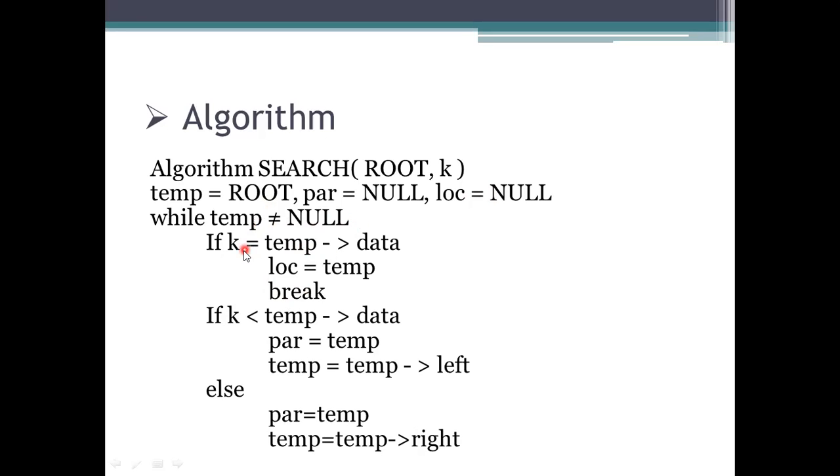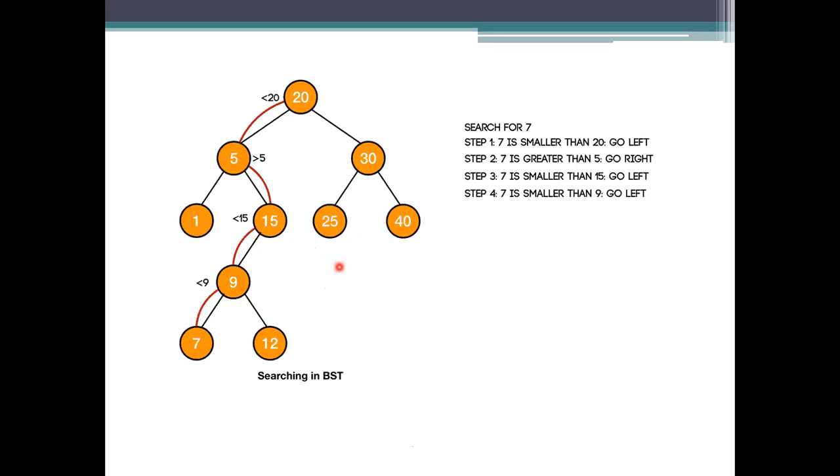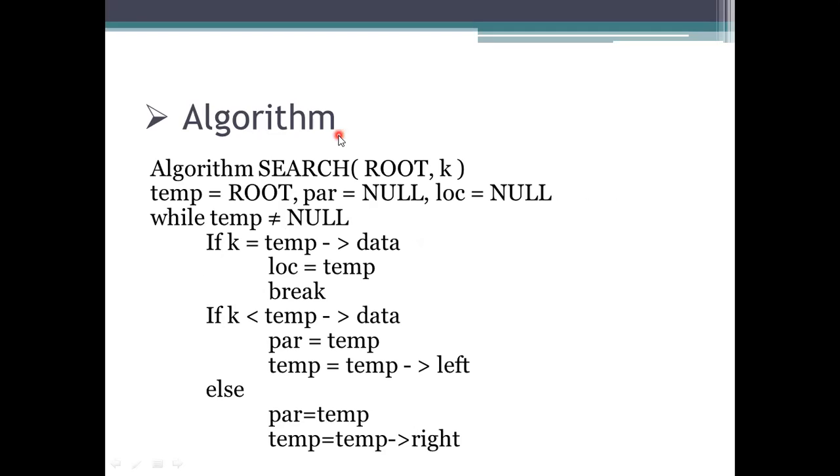Then, if the element you are searching for is equal to the root node, we return this element. For example, if I want to search for the element 20 itself, it will compare with this element, and we won't go further because it lies at the root node. So compare with the root node.